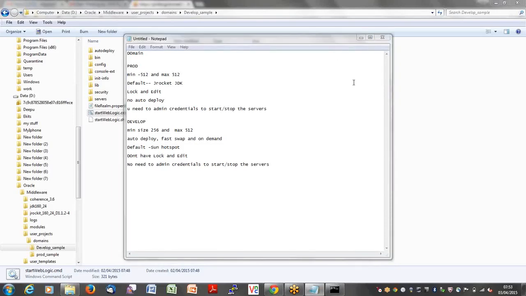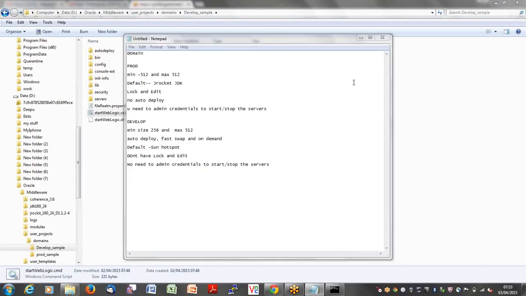So you understood the concept, right? Minimum memory is the memory the server takes from the RAM during startup, after it gets started. The development environment server will start with 256 MB, but the production environment is starting with 512 MB.